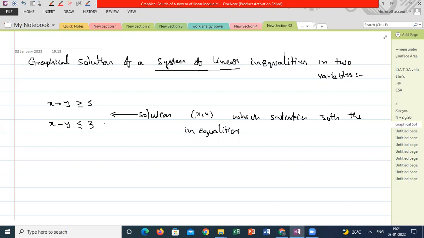That pair of points or coordinates is known as the solution set of a system of linear inequalities. So here, what are the points we are going to give? They should satisfy both the equations. Almost all, the process is the same. A slight difference is there. We have to take the common shaded region here.